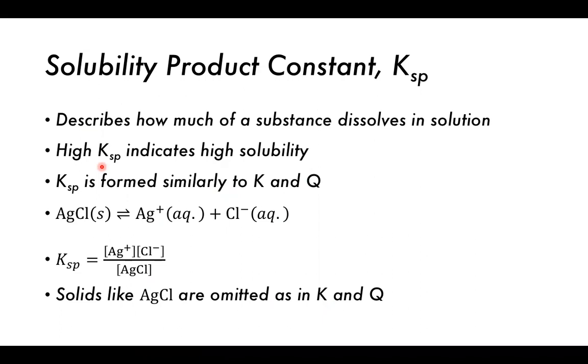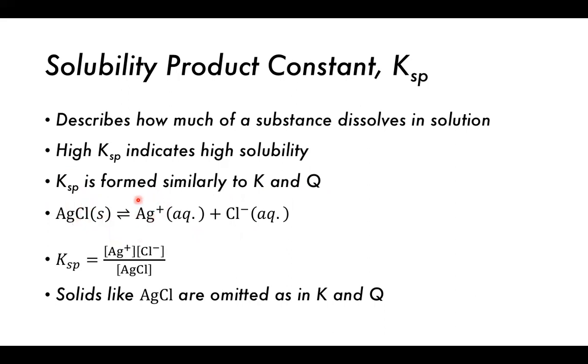So we have the reactants going to give products. The product in this case is dissolved solid. So the higher this value for Ksp, the more solid is going to be dissolved. Ksp is formed similarly to K or Q, which is products over reactants. So here, if we have this reaction here,